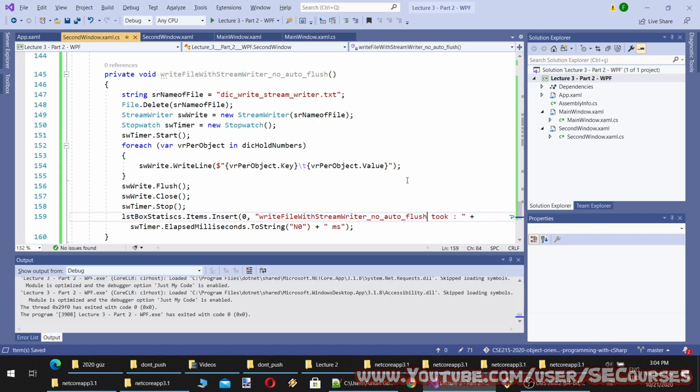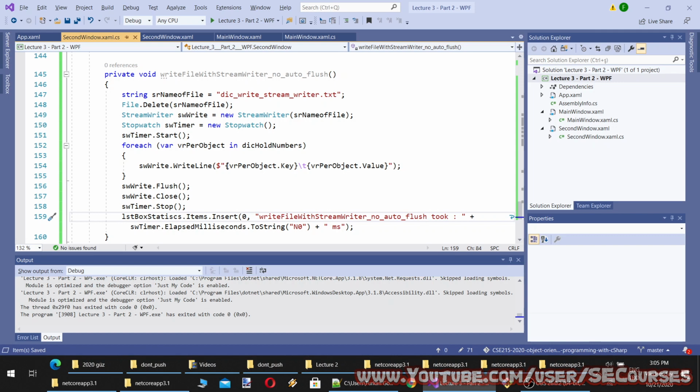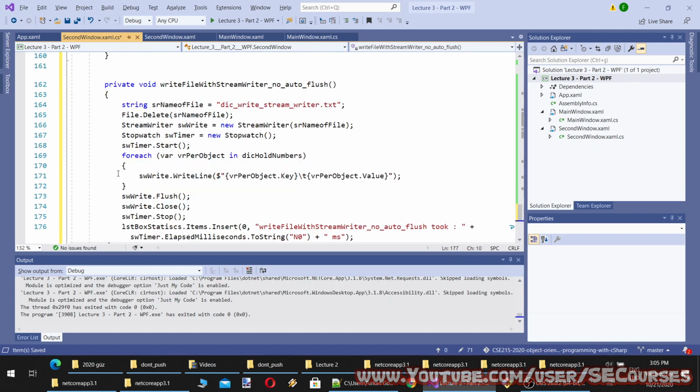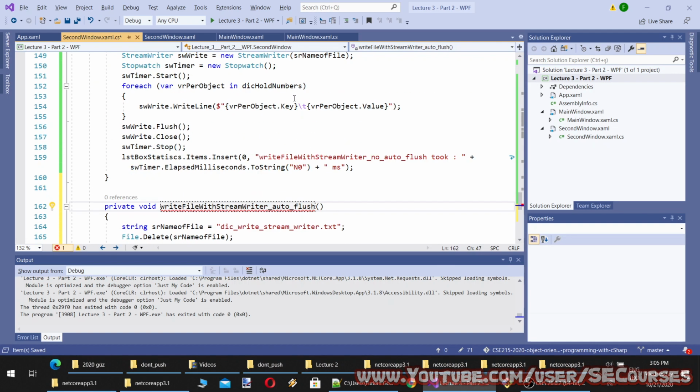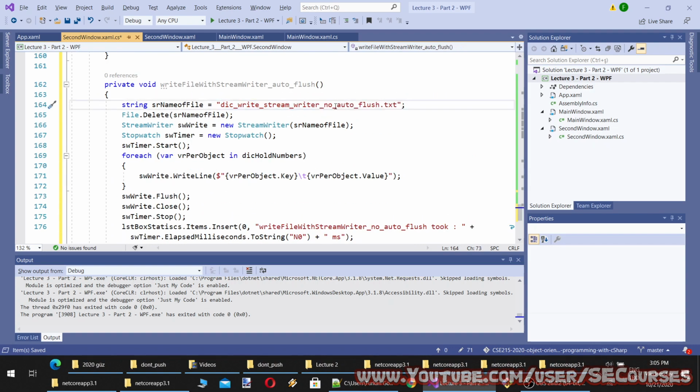Okay. Then I will show auto flush as well, so we can have more idea. Auto flush.